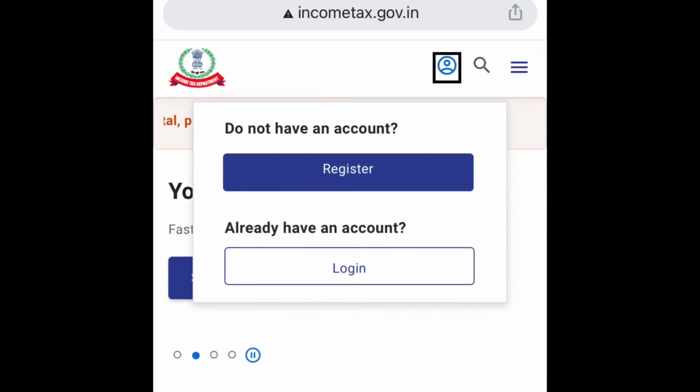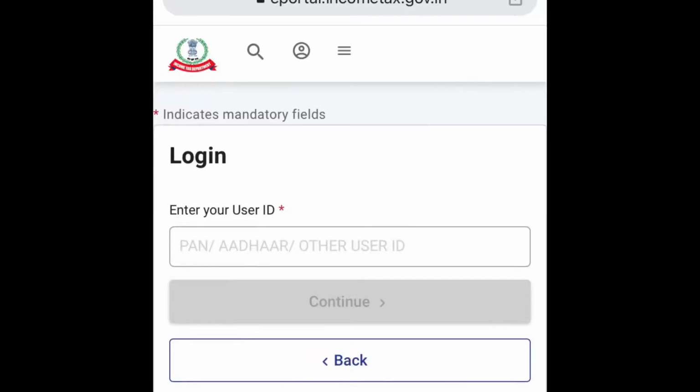There are many other websites available for filing including ClearTax, but I prefer to file my taxes on the income tax portal. Like any other website, the first step that you will be required to do is register yourself. Certain basic details will be required during registration, and once you've done that, you will need your login ID and password to log into the portal.